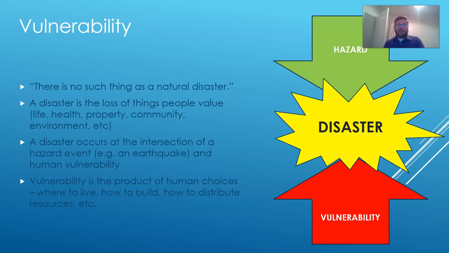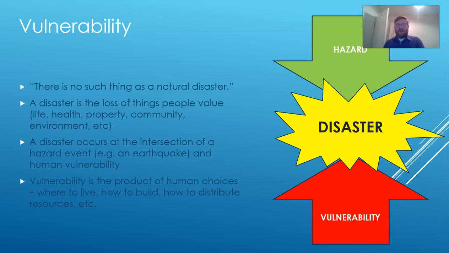Because if you imagine a volcano erupting on a remote, uninhabited island, no matter how big that eruption is, that's not going to be a disaster if there's nobody there to be damaged by it, right? There's no people to be killed by it. There's no buildings to be destroyed or anything like that. That's not a disaster. It's just a thing that happened. So a disaster requires people and the things we care about to be in the path of some sort of